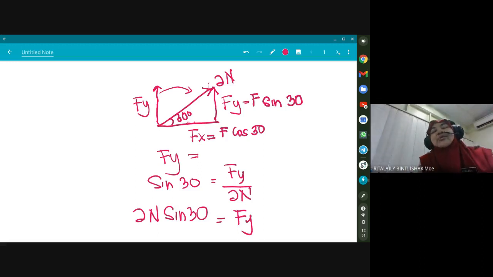Masa saya ajar bahasa Melayu lah. But now kalau nak guna any formula untuk senang ingat, boleh guna. But how do we get this is by using Pythagoras theorem. Okay. So